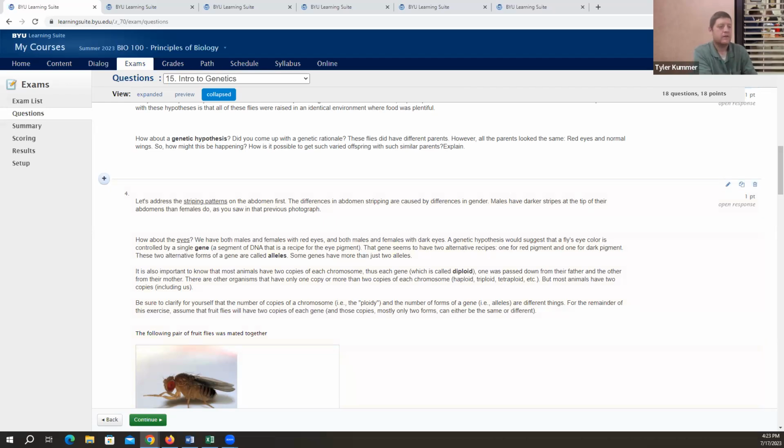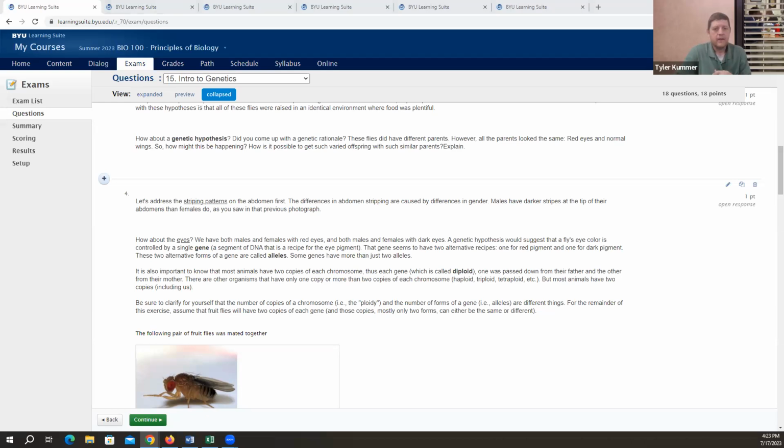So we have phenotype, which is the physical appearance, right? The dominant physical appearance or the recessive physical appearance. Then I have genotype, where I can be homozygous dominant because I have 2 of the dominant alleles, heterozygous because I have 1 of each, or homozygous recessive because I have 2 of the recessive alleles. So we want to be familiar with